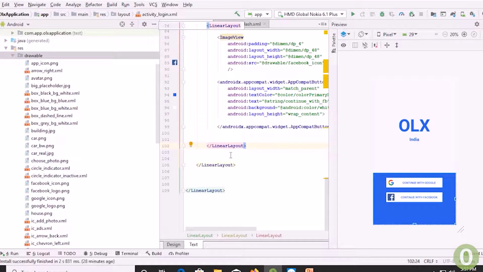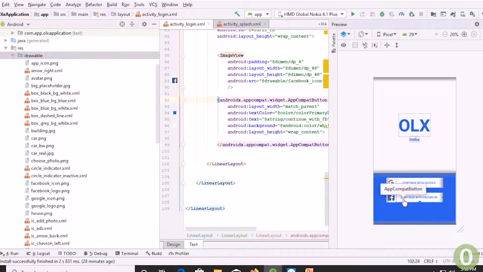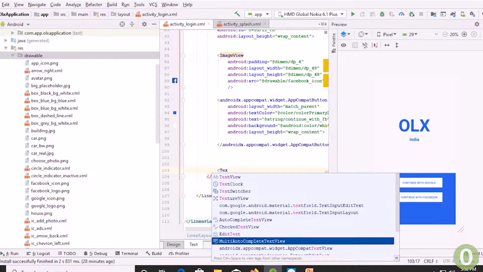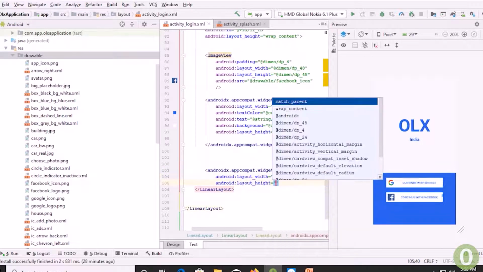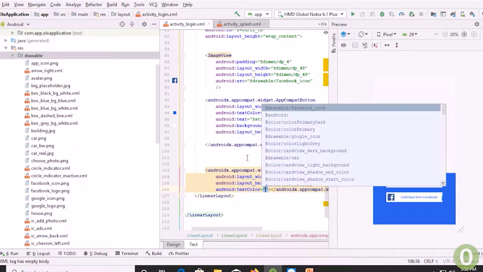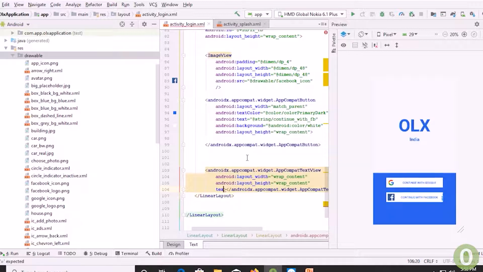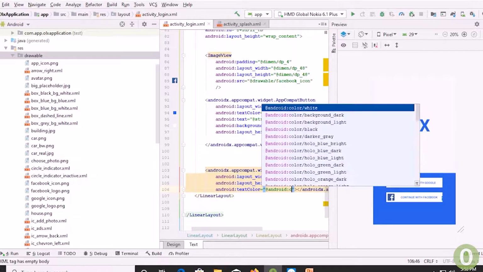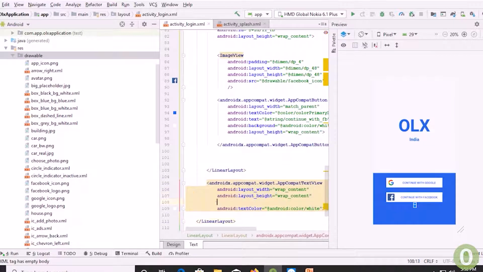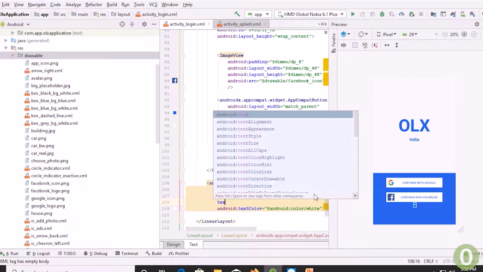Now I have to just write down some text here in the bottom, according to terms, text view, wrap content, and text color white because it's blue. I think at Android color white, I have to give it outside that. Yeah, so text color white, and the text is